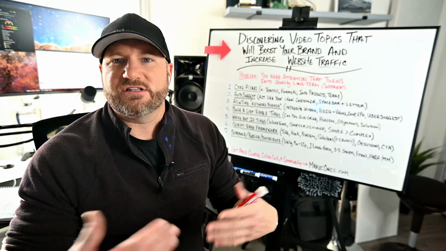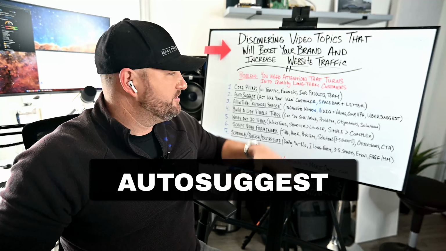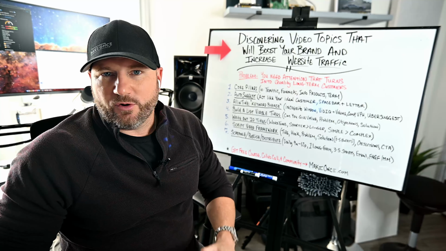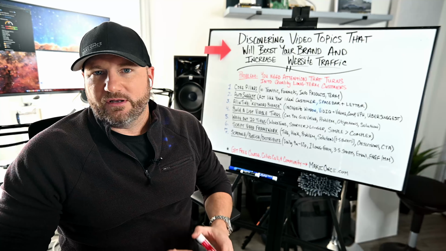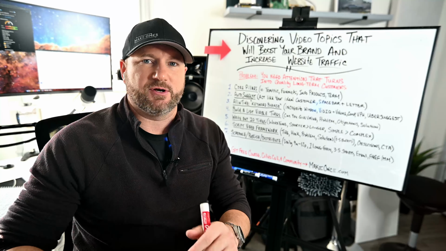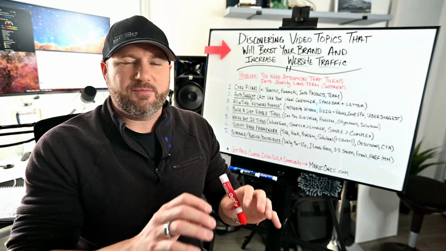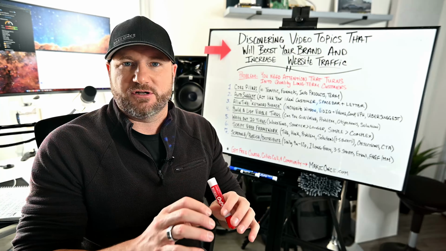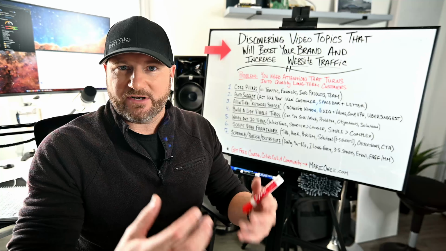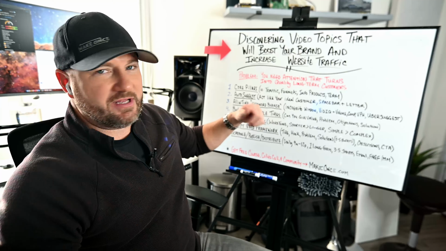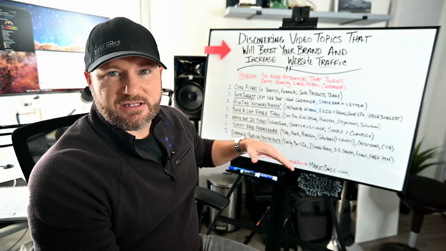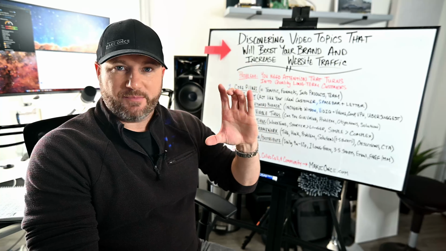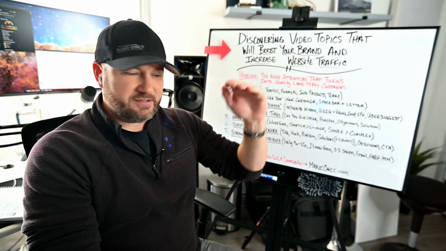Auto suggest. I'll show you this again on the computer, but I want to give you a basis here. What you want to do is open an incognito window and go to YouTube, and up in the search bar, act like you're your ideal customer with the problem that you solve for your customer. Start typing as if you were asking the search engine a question about the problem you have and how to solve it. What you'll see happen, as I'll show you on the computer, is a drop-down list, and you'll see things being auto-suggested to you.